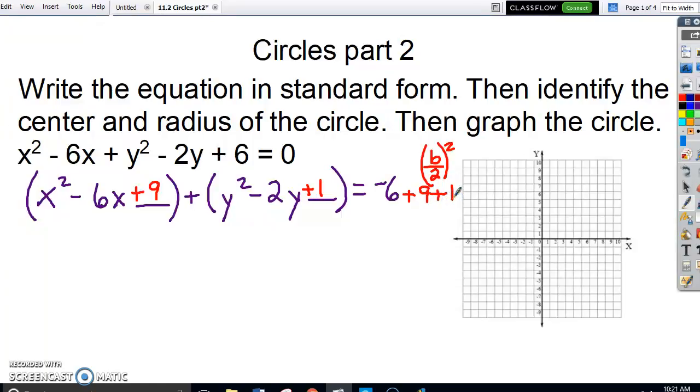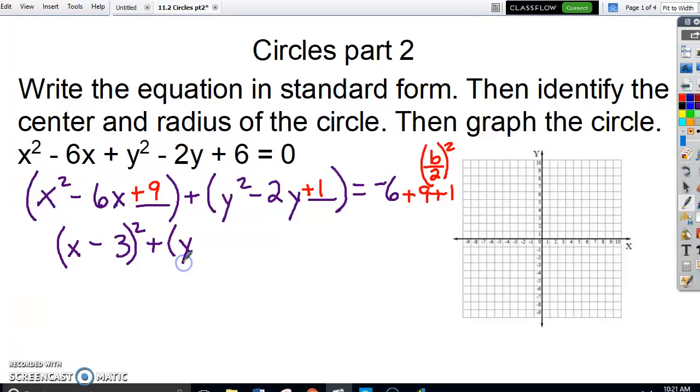Then we're going to rewrite and refactor this, because this is now a perfect square trinomial. So what multiplies to be 9 and adds to be 6? Well, that's 3 and 3. It will always be the same number. And what are the signs of 3 and 3 to give me negative 6? Well, that's a negative. Plus